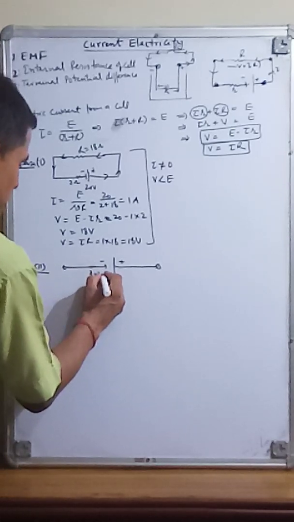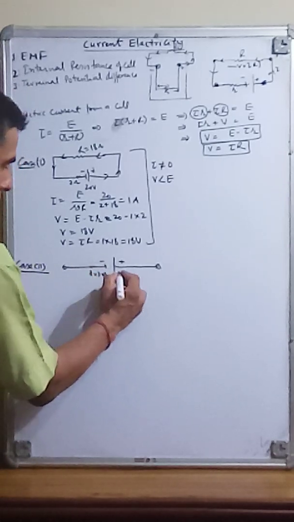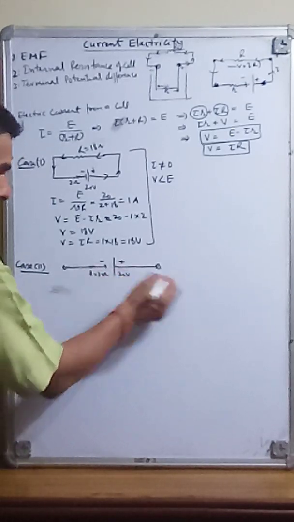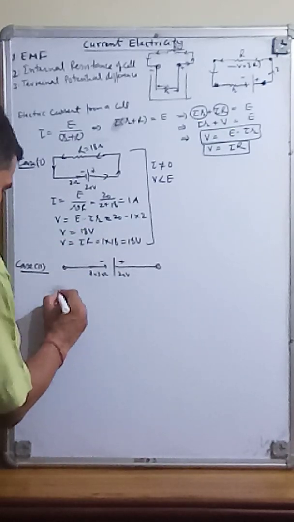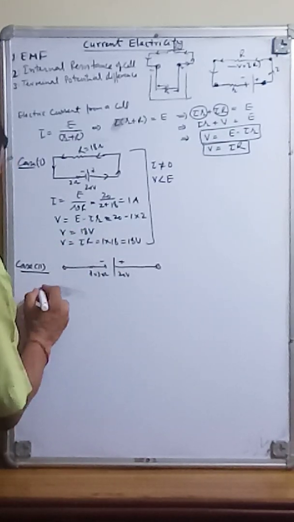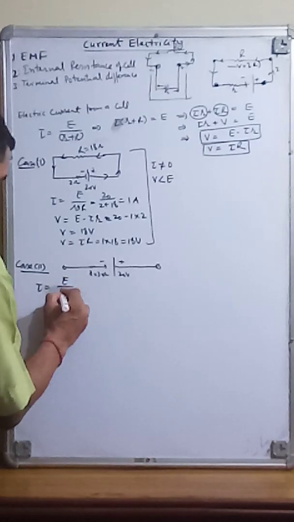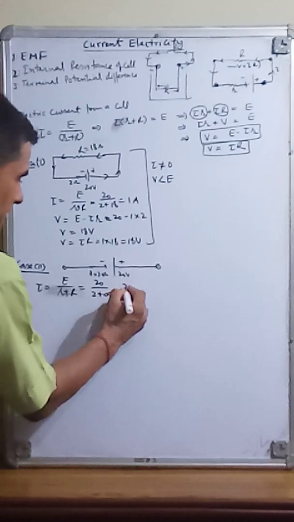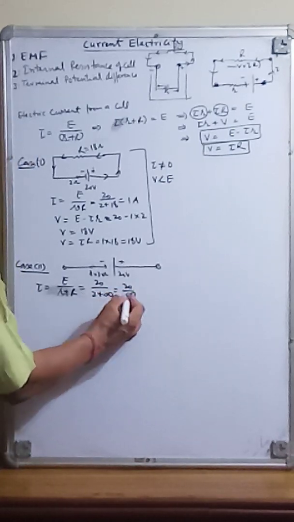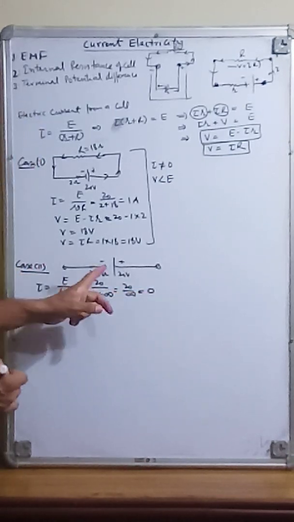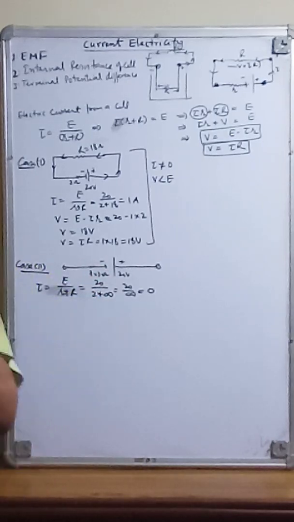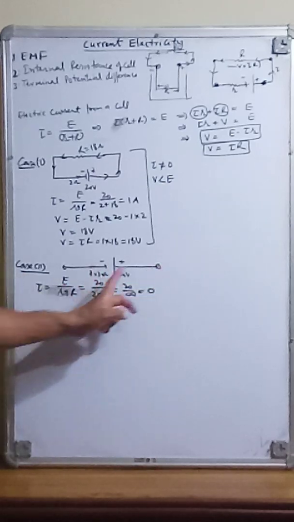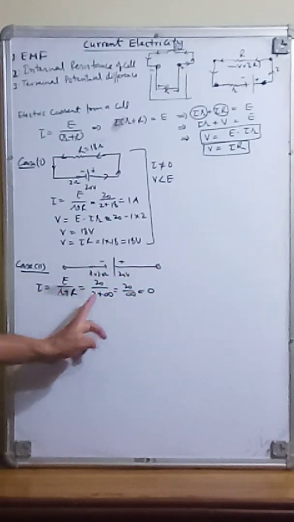Here R is again 2 ohm and E is 20 volt. So what in this case? Actually in this case, I will be 0 because there is no closed circuit. How can we prove it mathematically? I is equal to E upon R plus r. E is 20, r is 2, and external resistance will be taken as infinity. So 20 upon infinity plus 2 is something upon infinity, which is 0. So I will be 0. Theoretically and experimentally, I will be 0 because it is not a closed circuit. Mathematically, if the path is not closed, external resistance will be infinity.